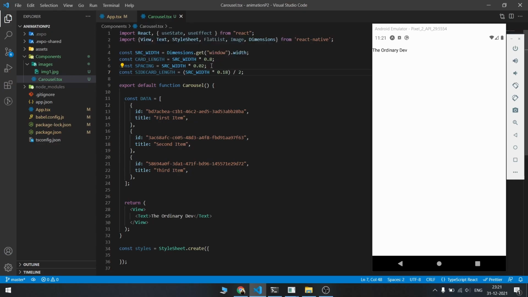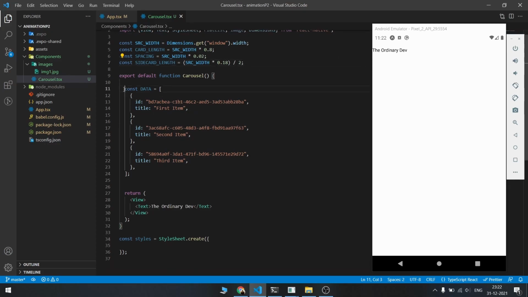Spacing is screen width into 0.02, and the side card length is calculated like this. I divided this by 2 because there will be 2 side cards, one on the left and one on the right. And this is dummy data, which has a random ID and a title. So we have 3 entries here because we are using 3 slides.